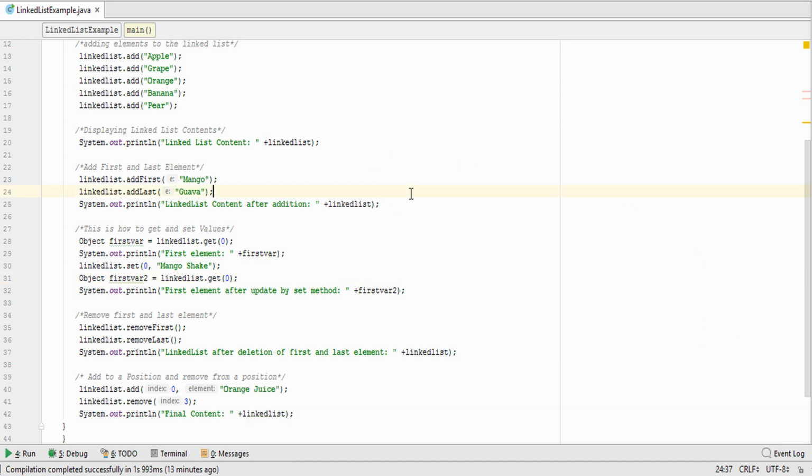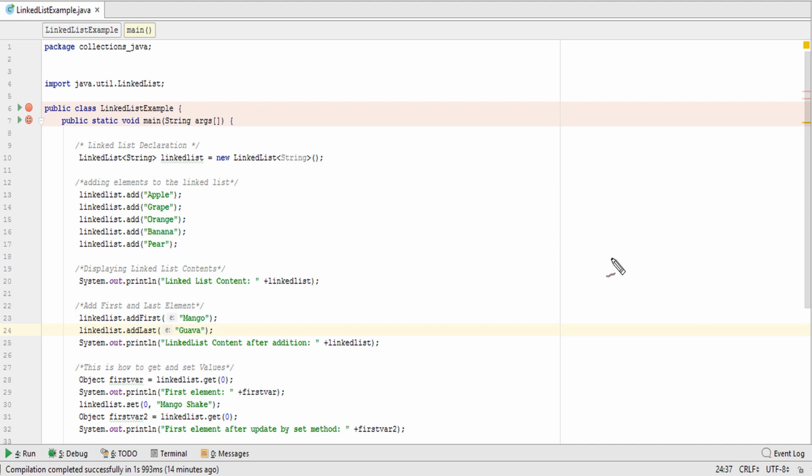So in this code, first of all the compiler will come to this line. Whenever we run the code, the compiler first sees where main is. Okay, first of all the computer will read this line. Then this is the line to declare the linked list. And these are the lines to add the elements in the linked list. And this is the way we display the linked list elements.